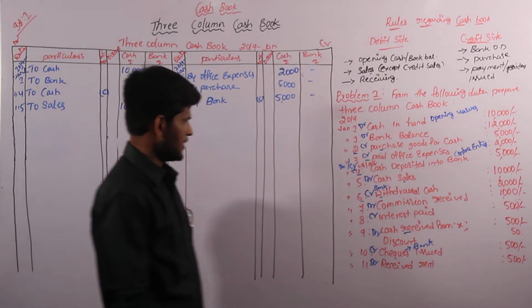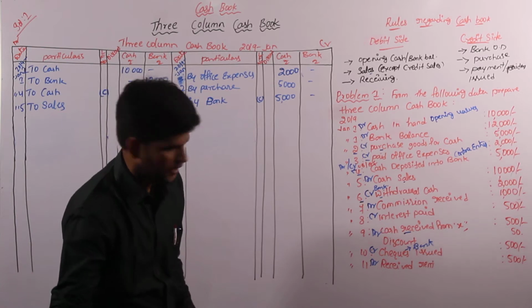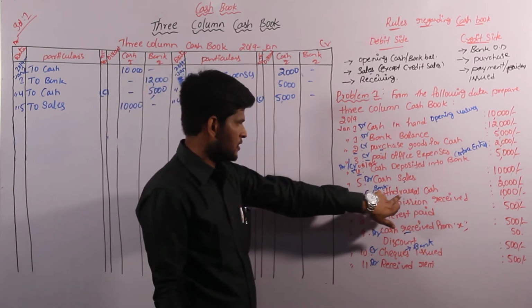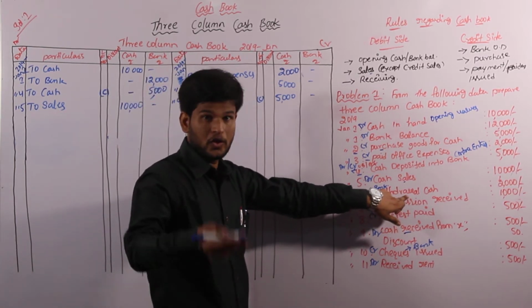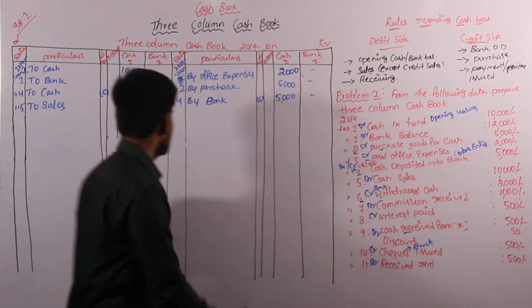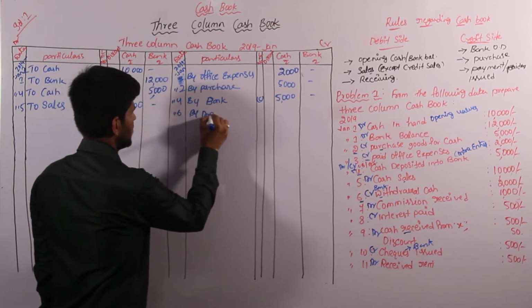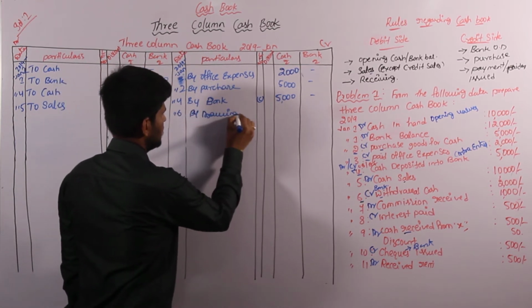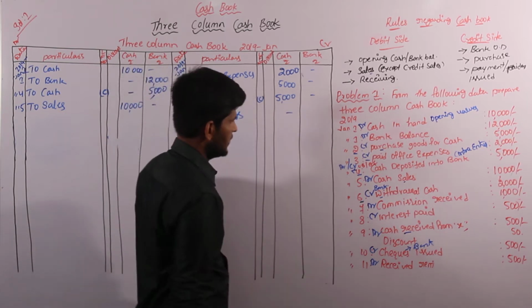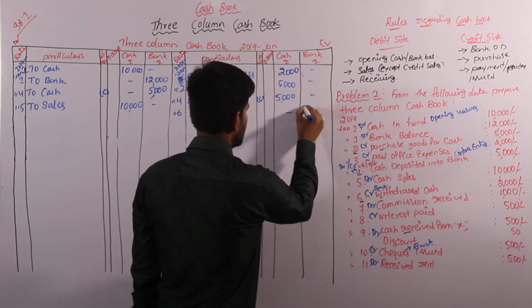Okay, my dear students, again we have to identify the sixth transaction, that is cash withdrawal. So withdrawal is also withdrawing cash from the bank. It will be converted into the credit side of the bank column. On the sixth, "By drawings" we have to write. In the bank column we have to enter the amount withdrawn, that is 2000.